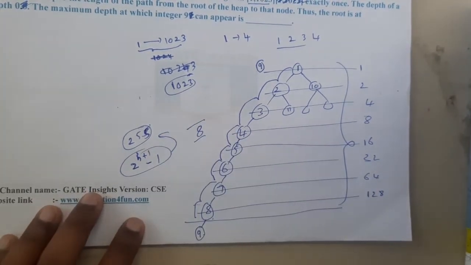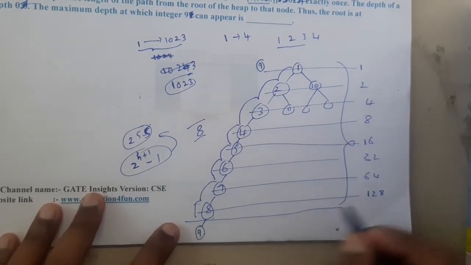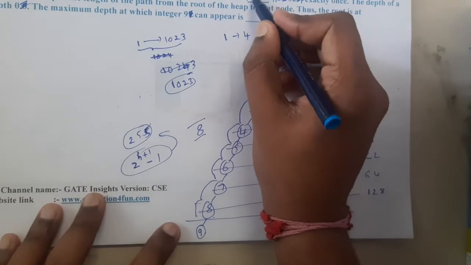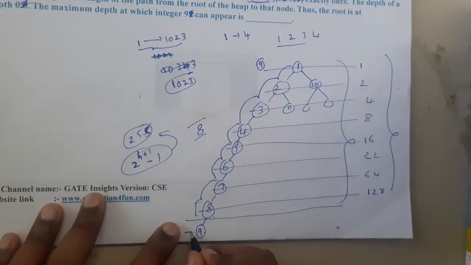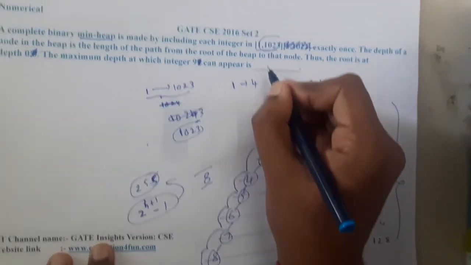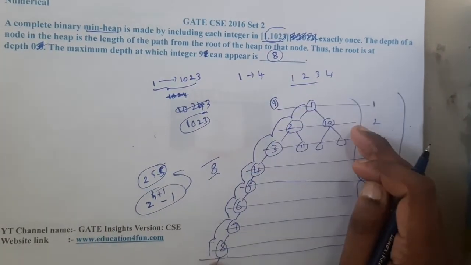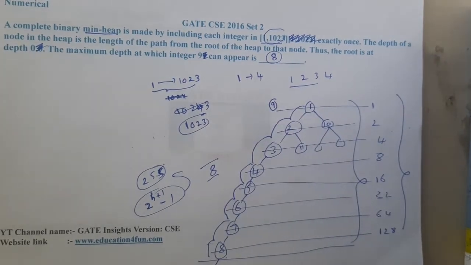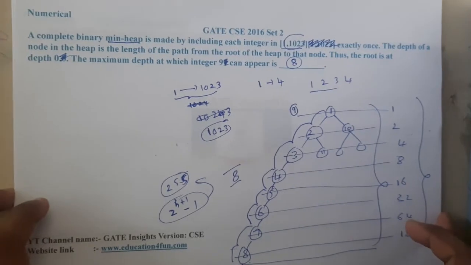With this approach you can say that we have 1023 elements, so they are more than enough to fill this upper part, right? With this conclusion you can say 9 can go at max up to the 8th height. If it is on the left skewed way, it can go up to 8 height. Even if it is on the right skewed way, it can go up to max 8 only. That's it. I hope everyone got a clear idea.